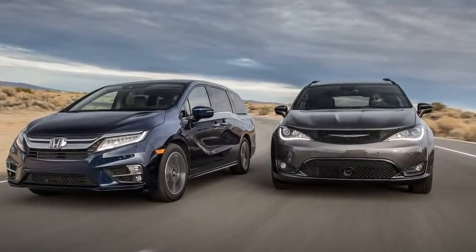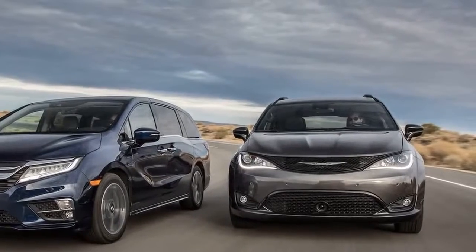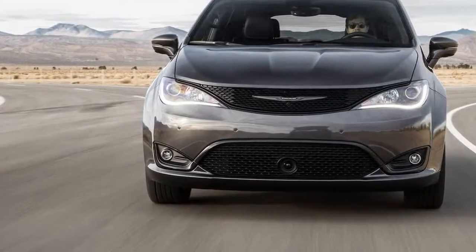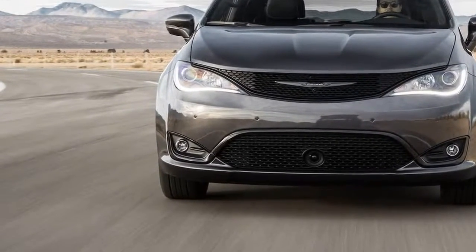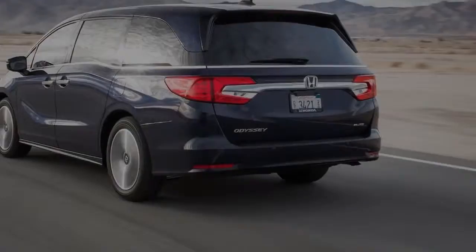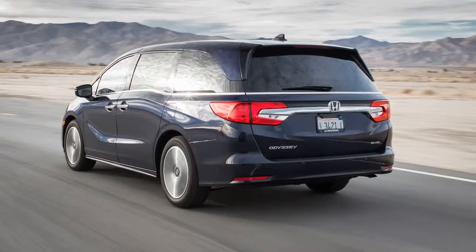March Mayhem Quarterfinal: 2019 Chrysler Pacifica vs 2019 Honda Odyssey. Several automakers offer a minivan, but none devotes more dollars and engineers to the design and engineering of clever, useful features than do. As part of our quest to find the best family car, we invited 8 vehicles to compete in a winner-take-all